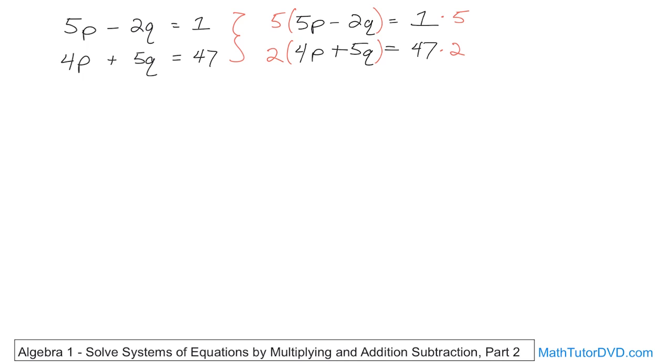All right, now why am I doing this? Because what I'm going to have on the top, 5 times 5 is 25p. Let's just go ahead down below here and say this is the new system, 25p. 5 times negative 2q is negative 10q is equal to, and then 1 times 5 on the right is equal to 5. That's the first equation. Now I'm going to multiply this. 2 times 4 is